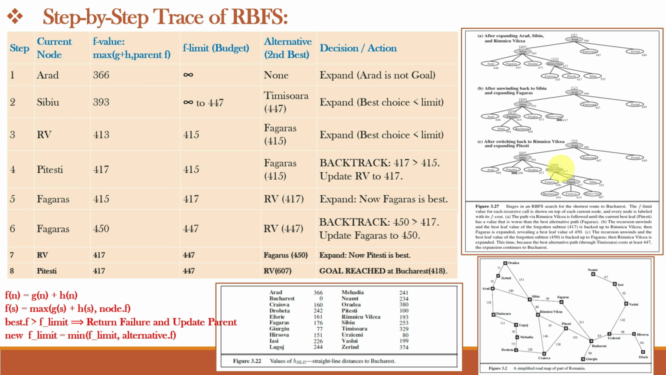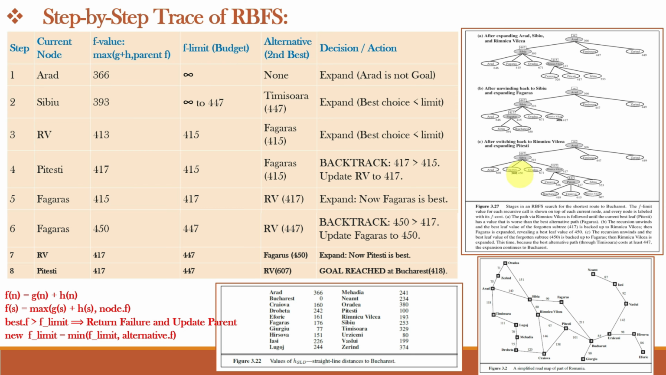And what is the parent F value? The parent F value is 417. So we will compare whether the best F, that is 417, is greater than the current F limit, which is 447. No. So it will not return failure. So now we need to find the alternative F. So what is the alternative F now? So Rimnicu Vilcea is the best at 417, and if we compare, Fagaras will be the alternative best F,